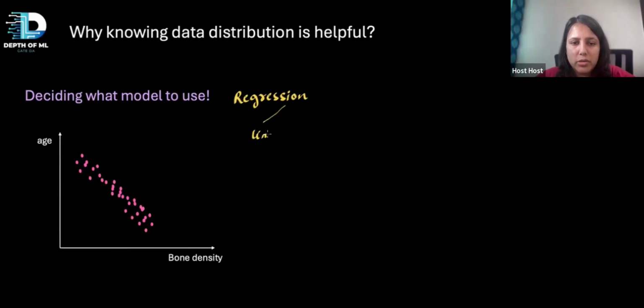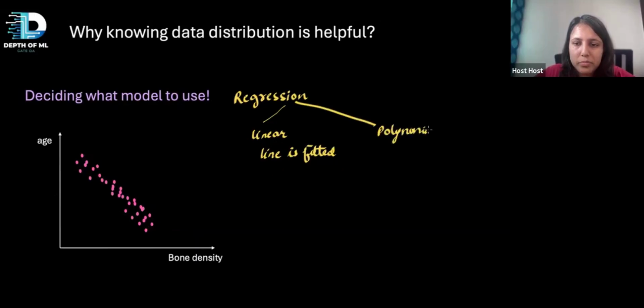You will have a linear regression where you will fit a linear line to the data. Then there is polynomial regression where you fit a polynomial to the data. But on the basis of this data, if I visualize it beforehand, I will see that there's a linear relationship kind of a thing. Obviously, the data is not exactly on one line, but it's very close. So even if I fit a model like this, if I take this linear line to be my model,